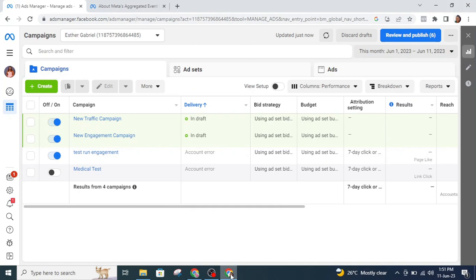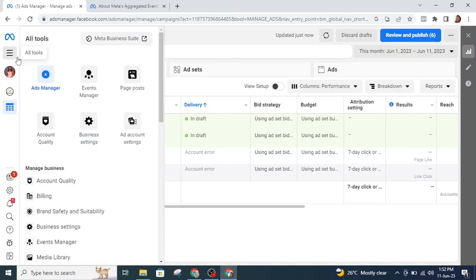Like I said, guys, I was going to show you how to open your Facebook Pixel on your Facebook page, how to identify your Facebook Pixel, and how to set it up. But there's a procedure to setting it up. So what you do first is go to your Facebook page. This is the ad manager setup. You click on this page,